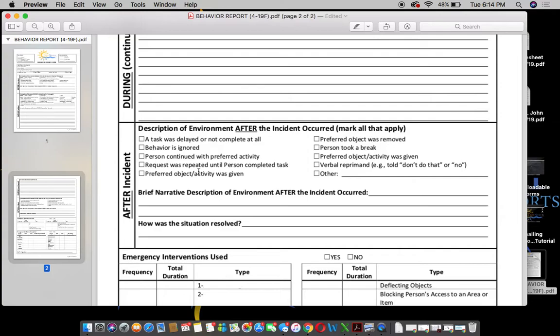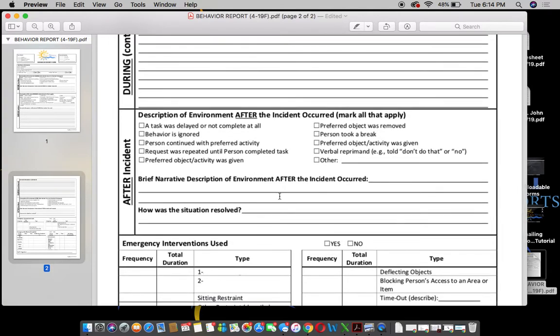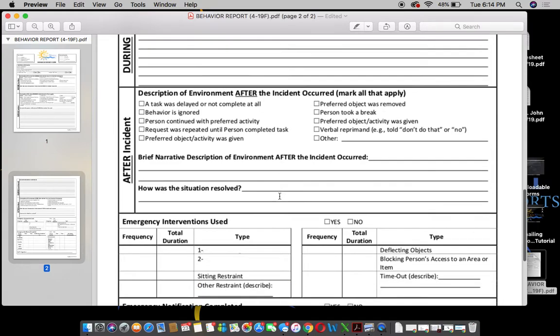Anyway, just mark which one best fits or put other and describe. You're not going to have behavior management training. Sorry, that's not true. You're not going to have a behavior management program that you need to train on until we take on an individual that requires it. At that point, you can,